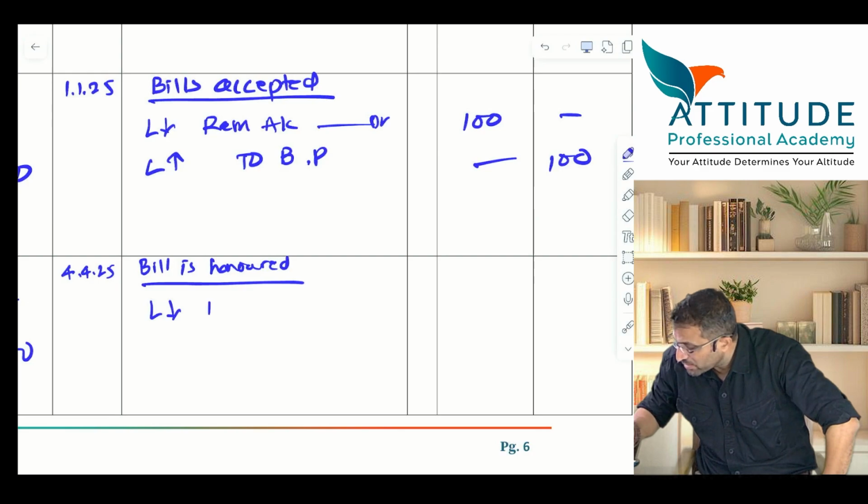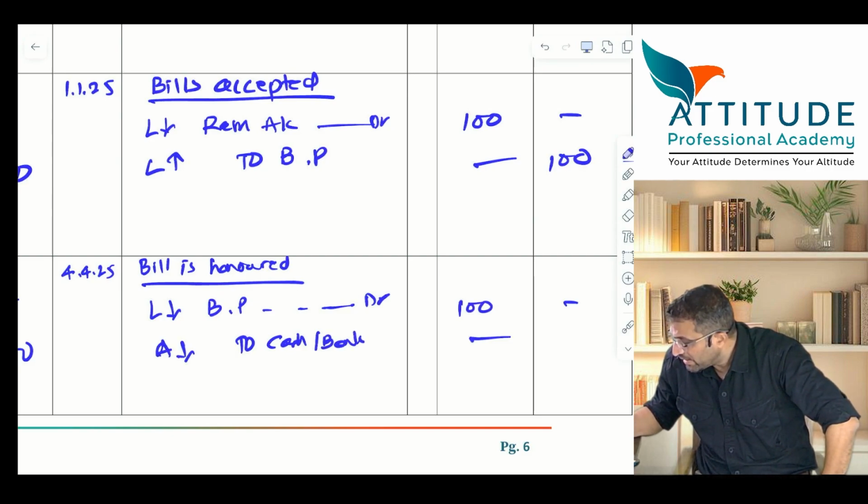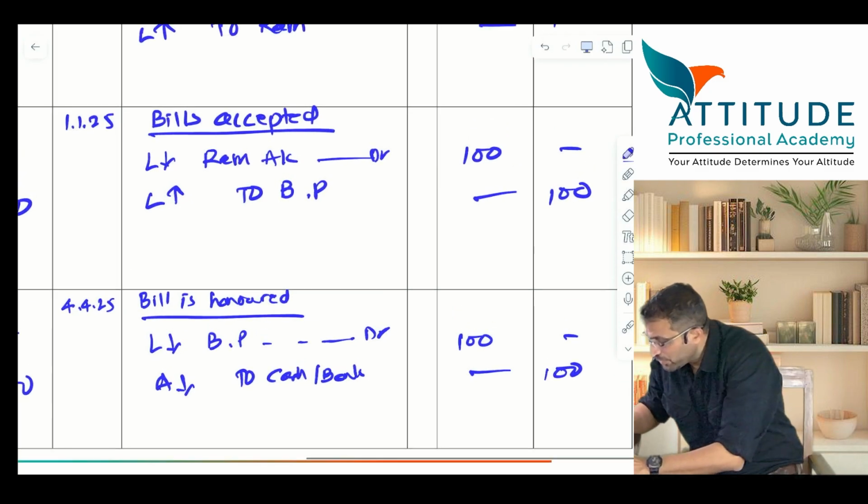Liability reduces. What? Bills payable account debit to cash or bank. Asset reduces. 100. Now tell me, if you see all these three,